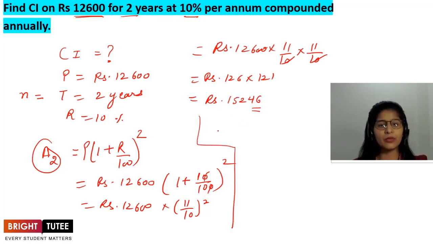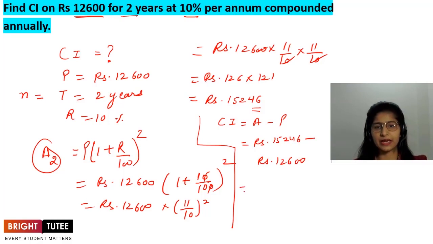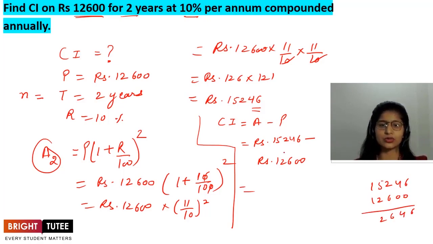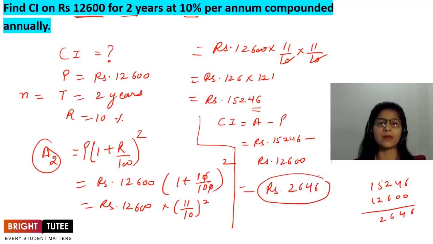How to calculate the compound interest? We know compound interest is amount minus principal. So rupees 15,246, from this we will subtract rupees, how much? What is the principal? 12,600. Subtract it. So 15,246 minus 12,600. So we get 6. 4 minus 0 is 4. 12 minus 6 is 6. 4 minus 2 is 2. Rupees 2,646. So this is the extra money that will be paid at the end of 2 years